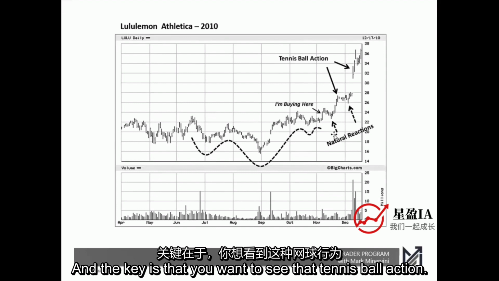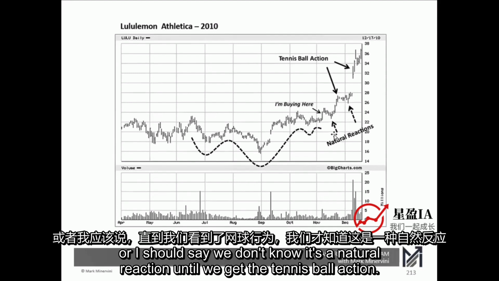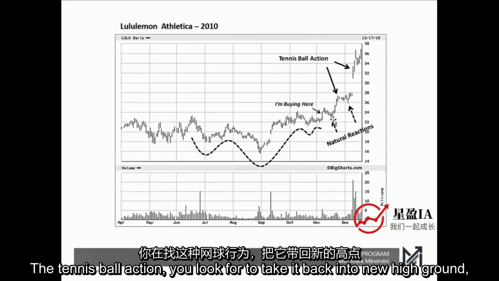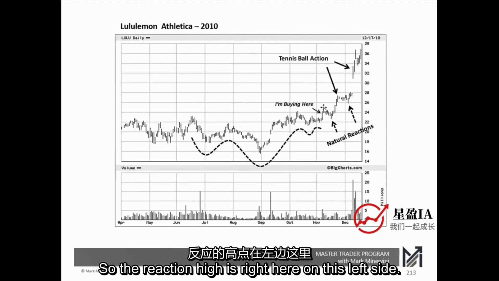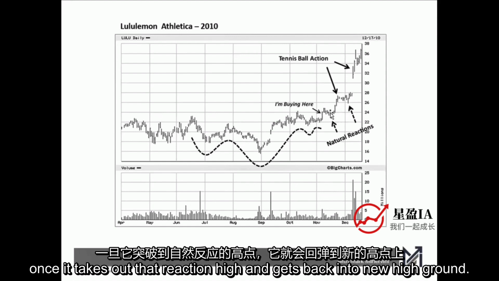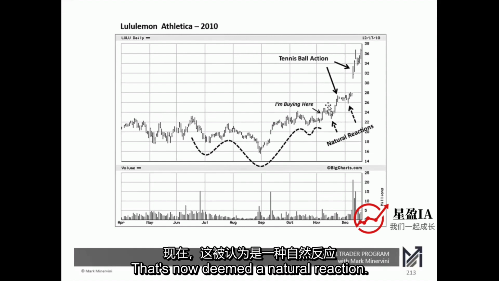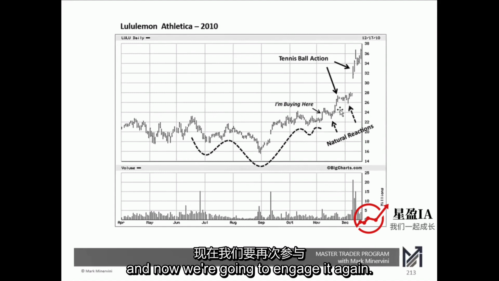And the key is that you want to see that tennis ball action. So we know it's a natural reaction, or I should say we don't know it's a natural reaction until we get the tennis ball action. You look for it to take it back into new high ground, get back through the reaction high. So the reaction high is right here on this left side. It pulls back. Once it takes out that reaction high and gets back into new high ground, that's now deemed a natural reaction. Now the stock rallies and it pulls back again,